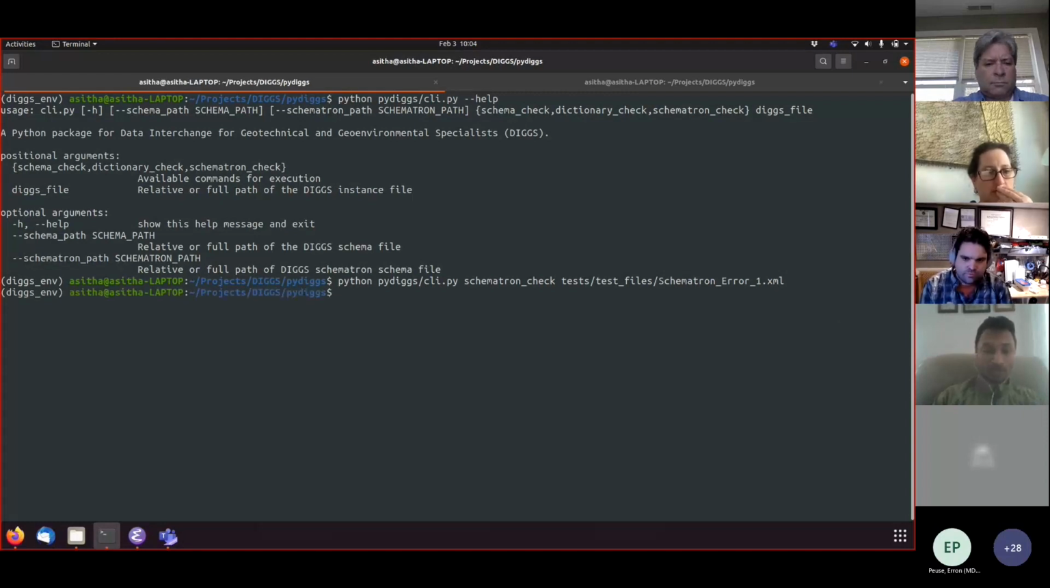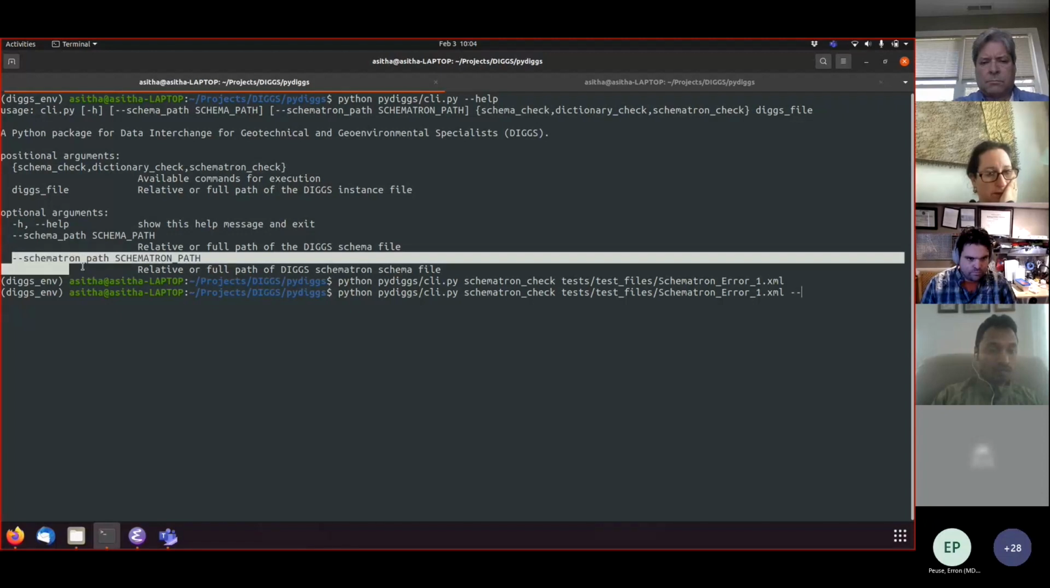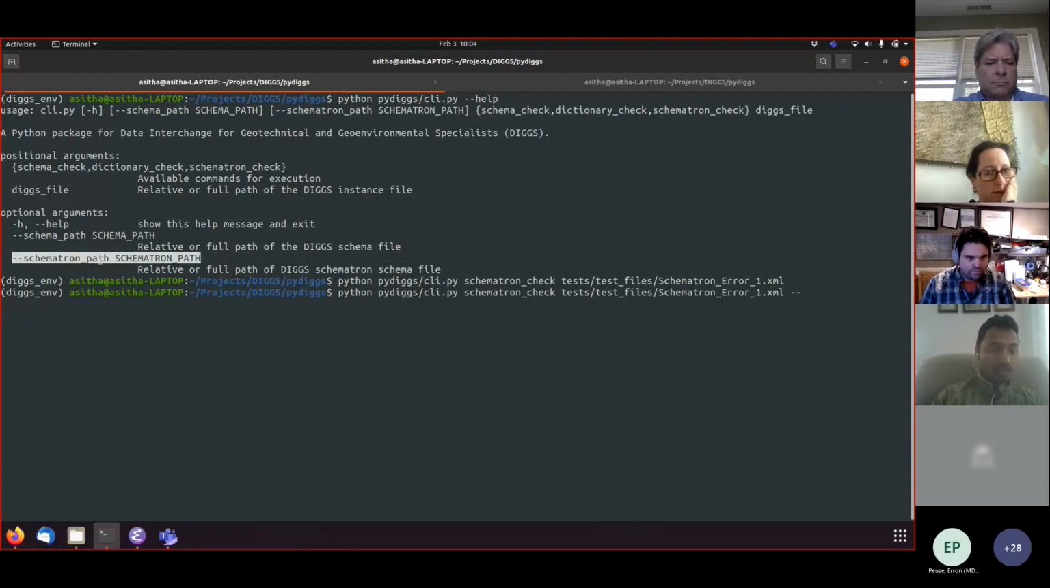So if I run this, of course, it doesn't return anything. That's because the Schematron check needs some additional input. Because it's a user-defined check, you need to provide the library with a set of Schematron rules. Again, we have some built-in files for this, for the purpose of checking. So I'm going to give it the Schematron input, and I'm going to use this input tag. It's called Schematron path, and I have my Schematron files